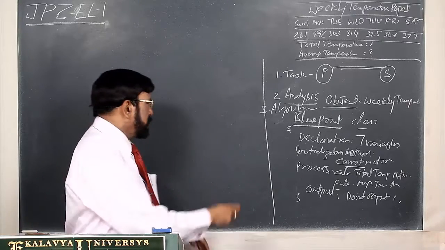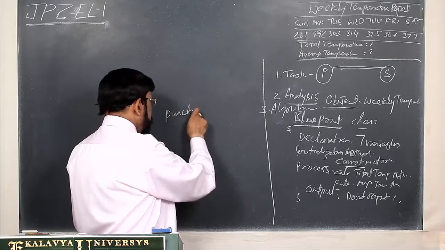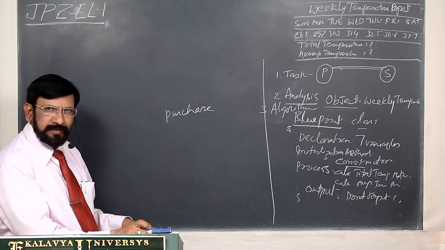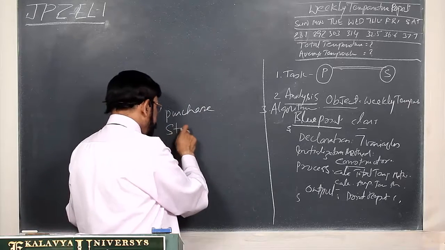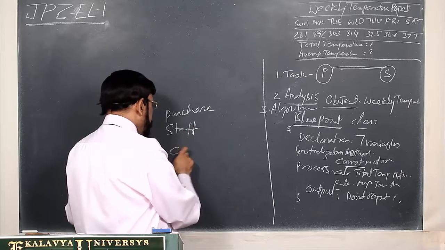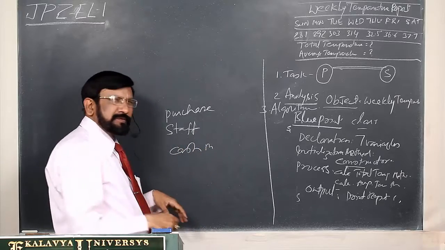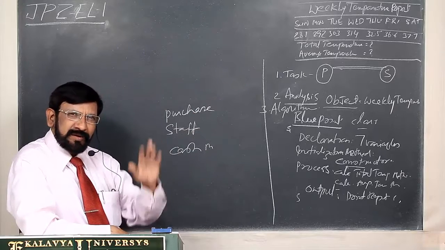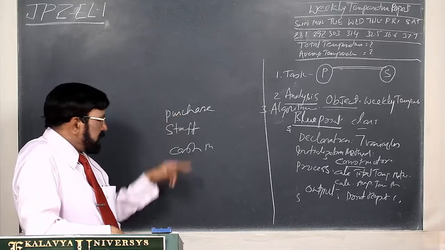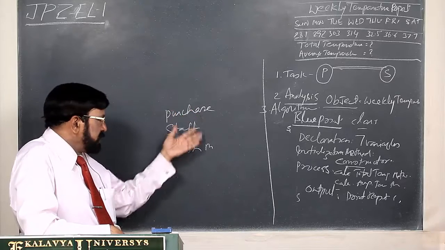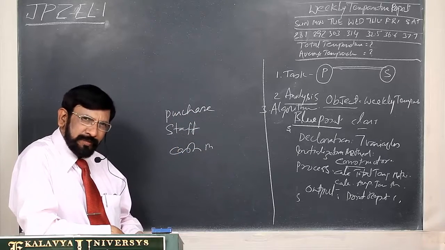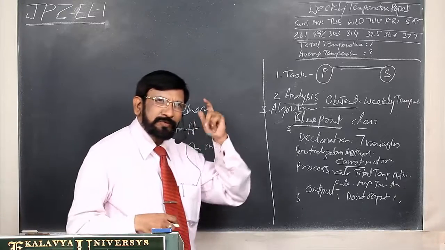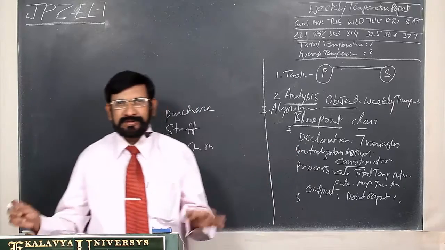One is purchase management, because material management is very important, purchase and material management. Second one is staff management. Third one is cash management. See, any activity you take, if you list out all the activities, you may get 100 activities. But if you classify them, you will find a maximum of 3 major activities, or a few more may be there. Understand? So this is the way. You must be in a position to think in that direction. Then you will become a designer.